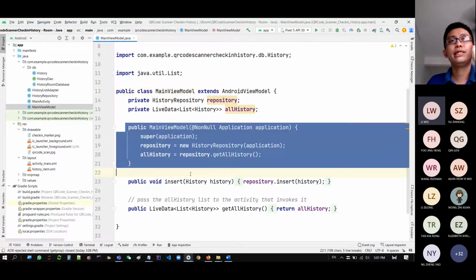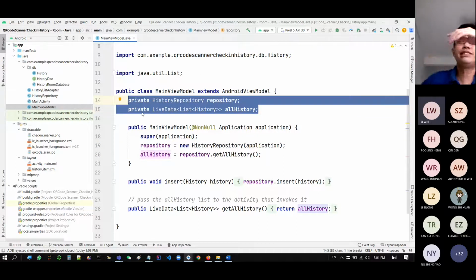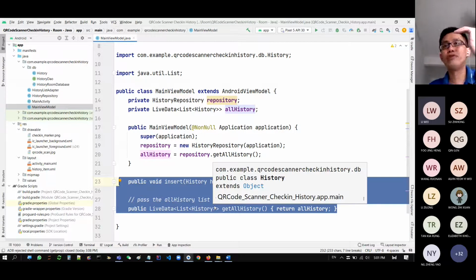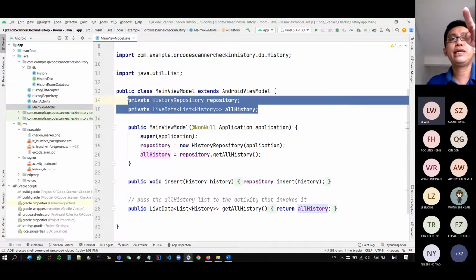Now we also need to declare something. The view model is just another layer, but this layer is nearer to the activity, whereas the repository is nearer to the database. The view model is a middle layer, a wrapper, but it takes care of all the data related processing, so you can do more than just a wrapper. But for now, we just use it as a wrapper class between the repository and the activity, the view. So we declare another layer